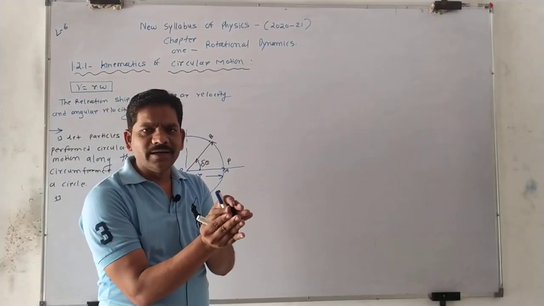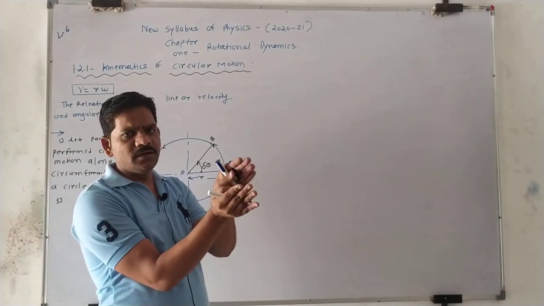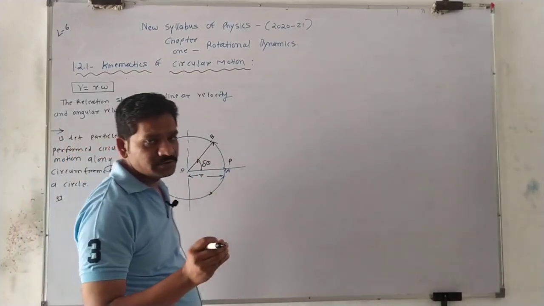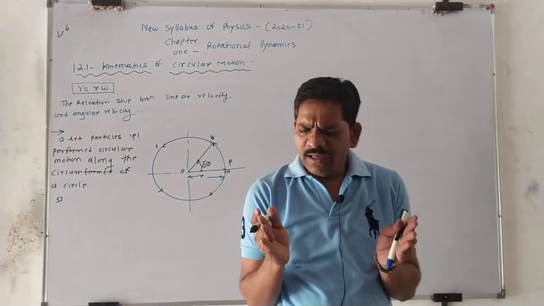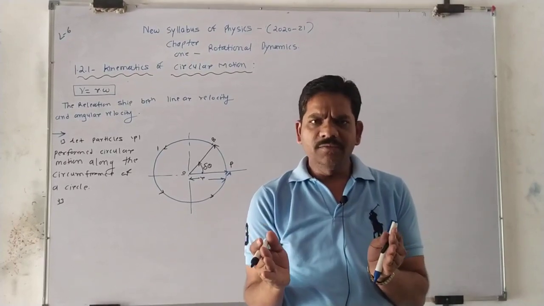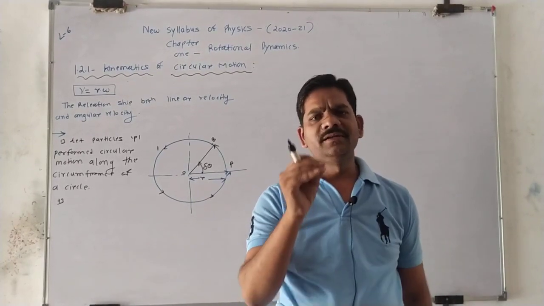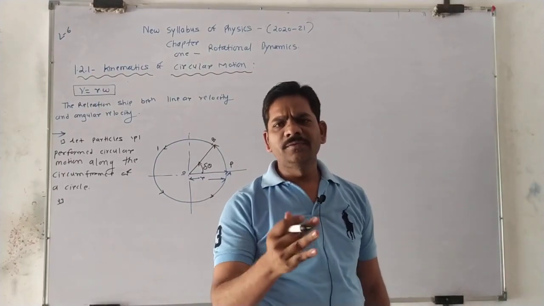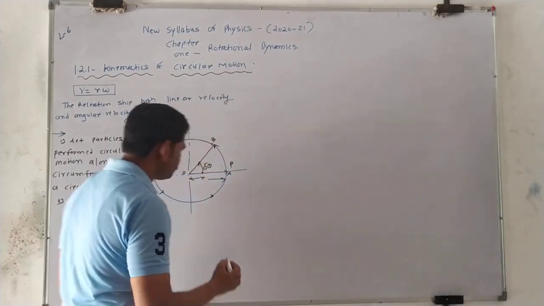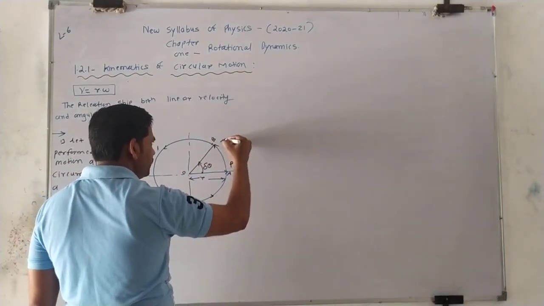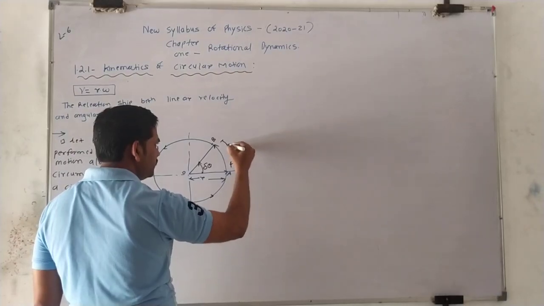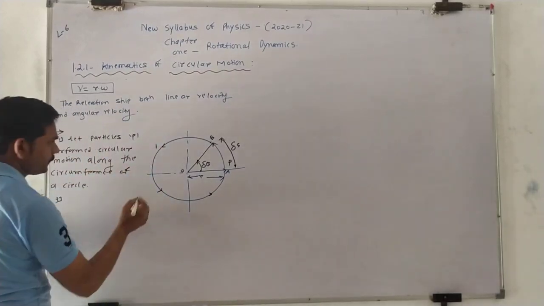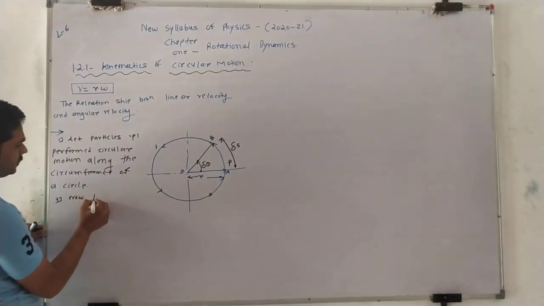For our better understanding and clarification, we draw the zoomed position. We have to zoom this diagram, but this angle is very small, because we know that delta is used for a very small, infinitesimal quantity. It is shown by the letter delta, whether it is angular displacement, angular velocity, or any other physical property. So this distance is covered, how much? Delta S. In how much time? In delta t time.